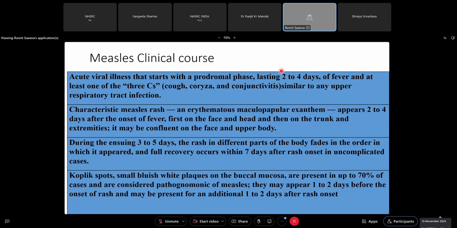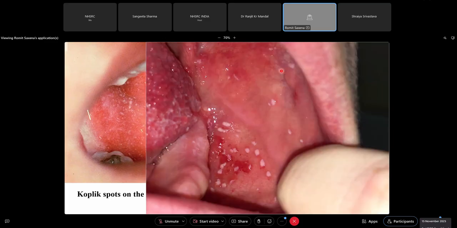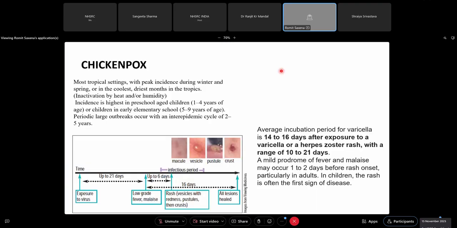Three important diseases I just want to discuss before going on to the general disease, just because in this particular season I'm seeing a lot of them. First, measles: know the three C's, cough, coryza, conjunctivitis, and know the characteristic rash, which occurs after 2 to 4 days of fever. And always learn to examine the mouth. And when you're doing it, always remember to wear a mask, because you don't want to take the infection home. And you can see the characteristic rash on the body, and you're having measles.